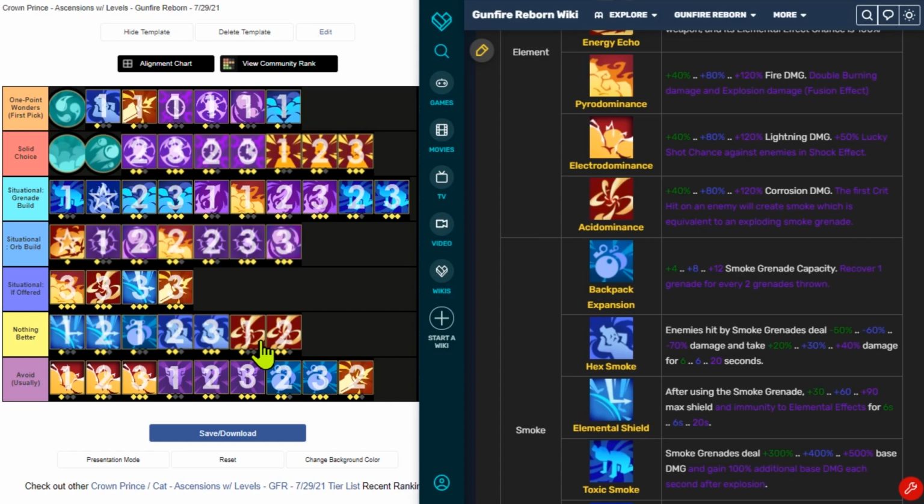At the bottom of the nothing better category, we have the first two levels of acid dominance. These are okay because they, no matter what, will increase your smoke grenade damage. But that being said, they do not have a very large impact on your weapon usage. In general,